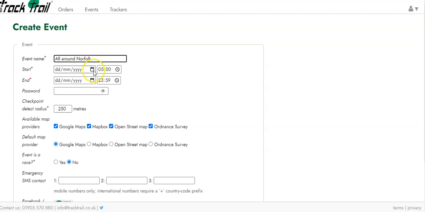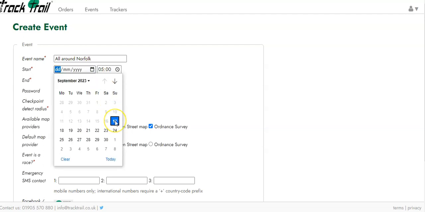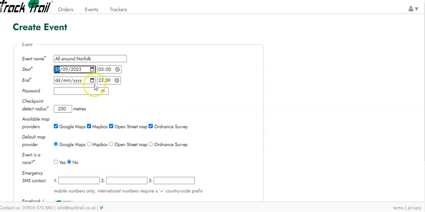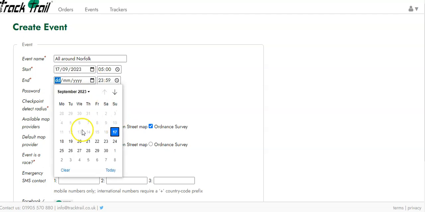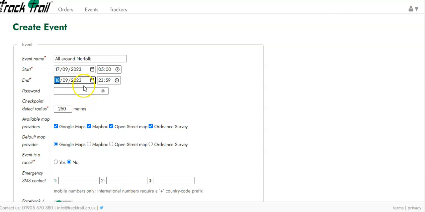All Around Norfolk. I'm going to choose a date of today's date, and let's choose the ending date of tomorrow. The time is automatically populated at 5 o'clock and 1 minute to midnight. What does this do? This is simply the date span and time span that the trackers will appear on the map, and also it would impact the start time if you were doing any calculations for speed, distance and time,